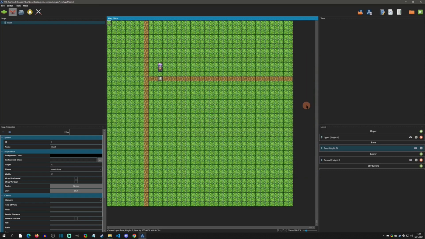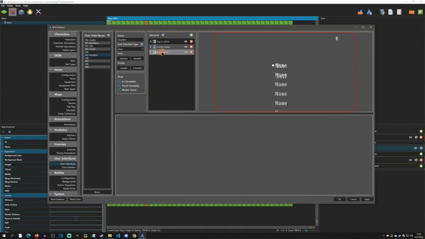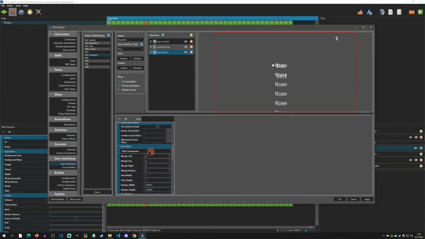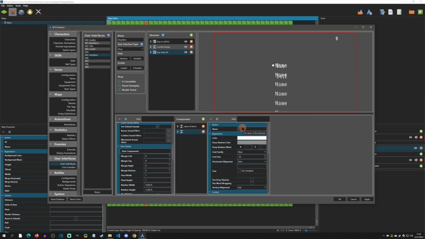All right, so we can go to the buy shop list this time. And again, we need to click on item components. We're going to add another item component, and this is going to be another text, and we're going to call this the cost of items, or item cost. Sure. And I'm going to give it the same font size. Now we're going to say use template, but we're going to type in something here. We're going to type in unit